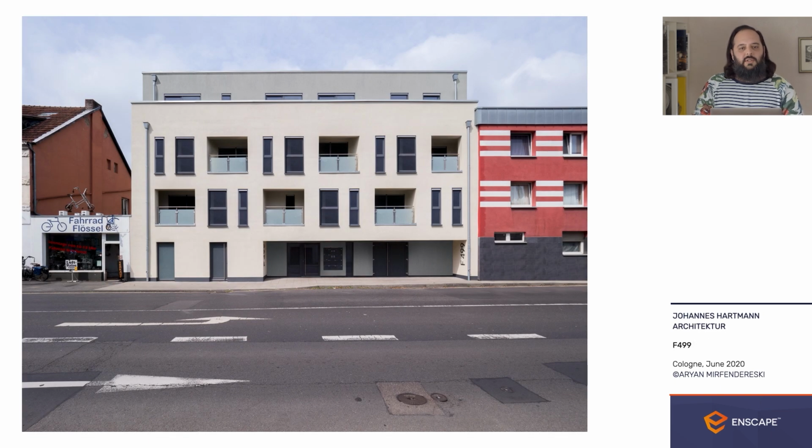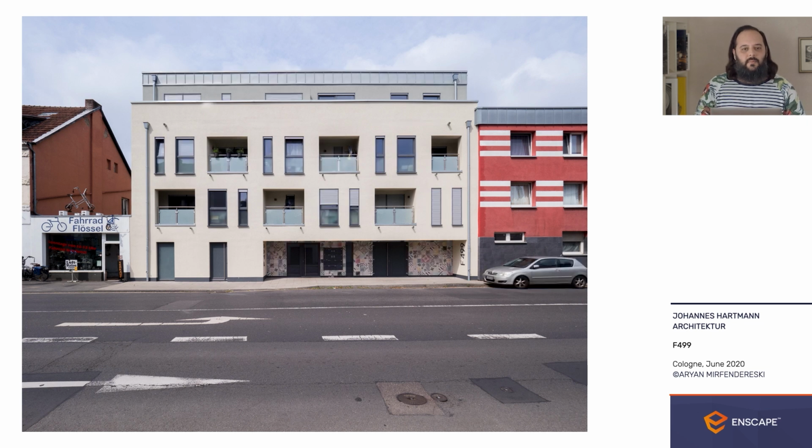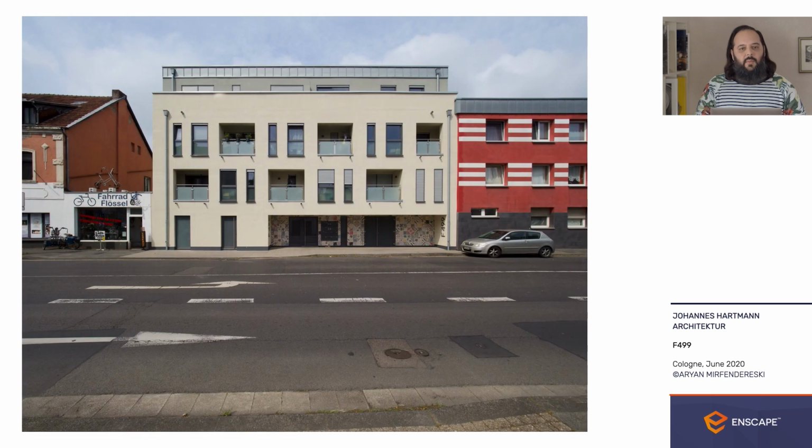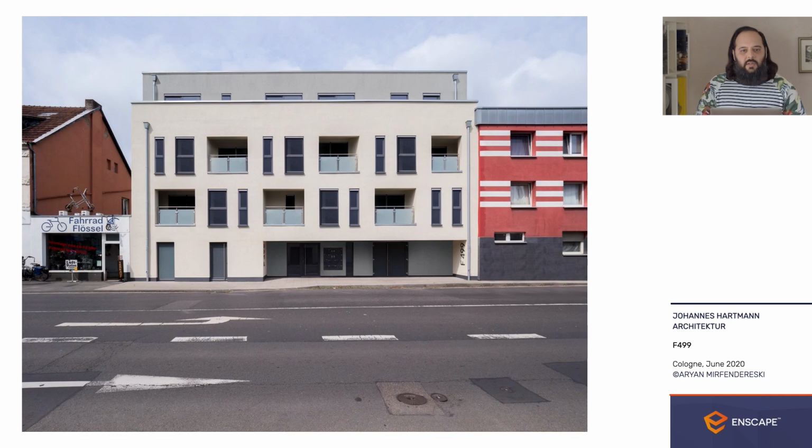This is the picture how the client saw his project. This picture shows how I saw the project on site. And this picture shows how my camera saw the project on site. A lot has happened without significantly losing quality.